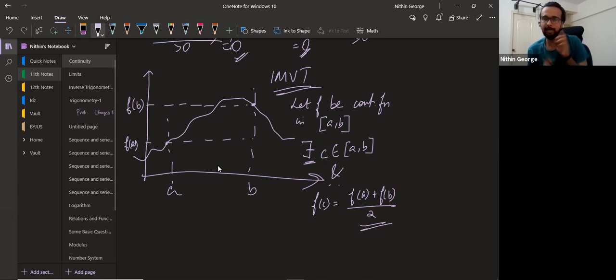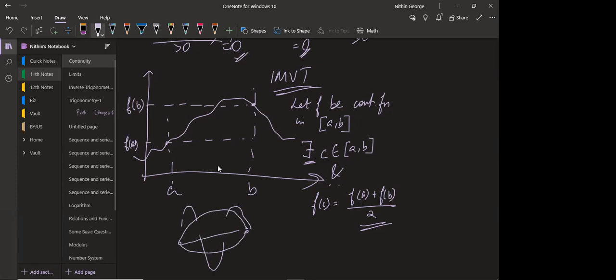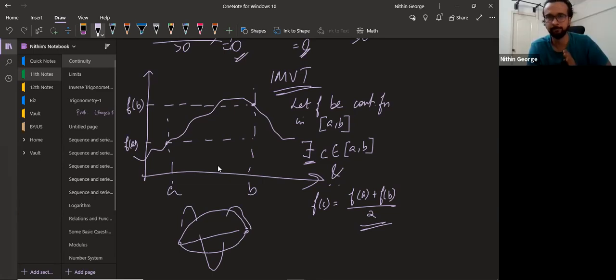The idea is nothing but, okay, so you're saying there are 2 points A and B between which you have a function that is continuous. So it can go like this, it can go like this straight line, it can go like this underneath, it can go like a sine wave also. It doesn't matter. Okay. As long as it is continuous. That's the only condition. Okay, guys? Are you getting this? All right. The only condition is that f should be continuous between A and B.